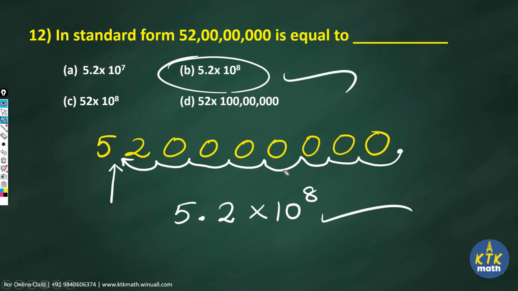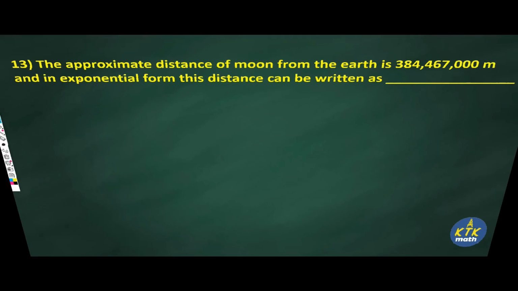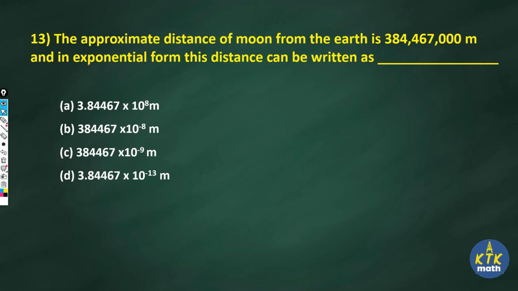Now the next question. Question number 13. This seems exactly the same as the 12th question. The only extra thing they have given is some story over there. But concept wise, they have given some number and are asking us to express it in standard form. So in the question itself, you can write